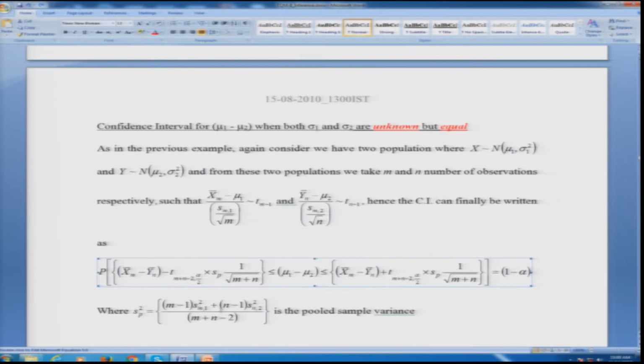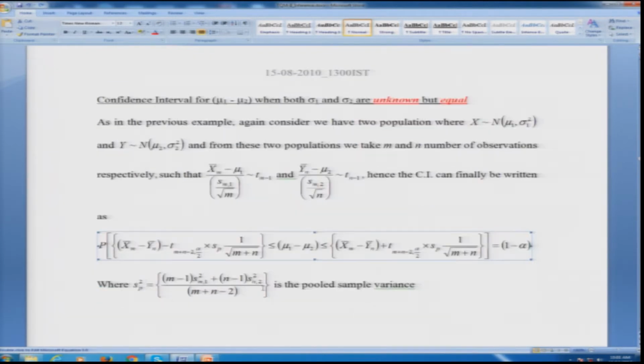S suffix P is the pooled variance, and obviously it will be multiplied by square root of 1 by m plus 1 by n. And here on the right hand side also the same formula, but with a plus sign coming in front of t and all the suffixes. So, once you solve it, you are able to find out what is basically the confidence interval